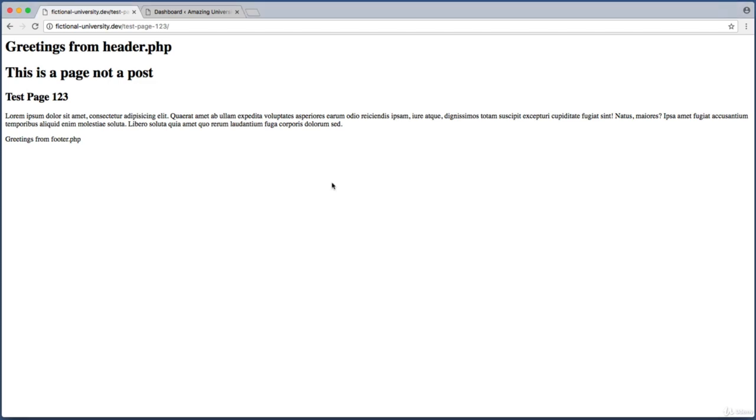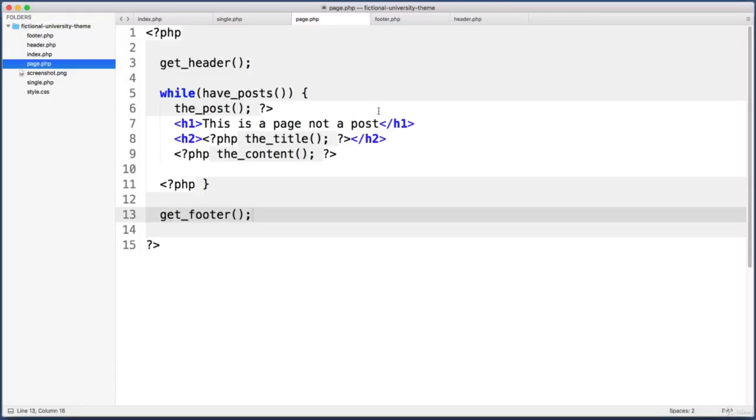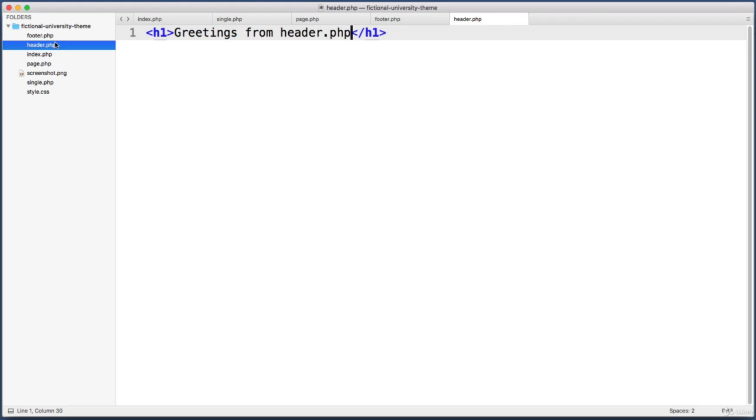Okay, but let's start with our first task of actually loading our CSS file on the front end of our website. If you've worked with HTML in the past, you probably already know how to load a CSS file, right? You include it towards the top of your HTML file in the head section. So to get started, let's jump into our text editor and open header.php, and let's delete this dummy text and start fresh. Let's begin with the basic skeleton of an HTML document, right? So you always begin with the doc type,